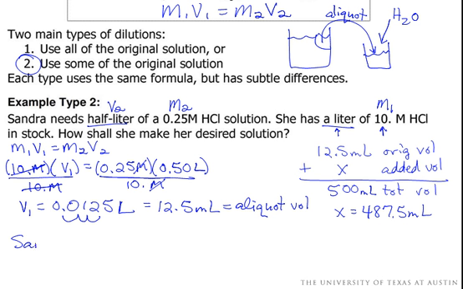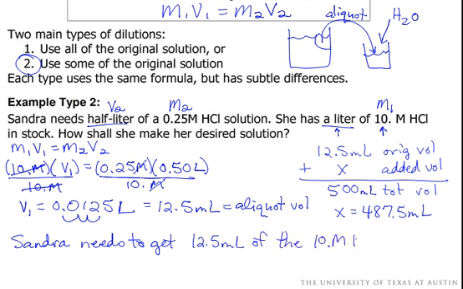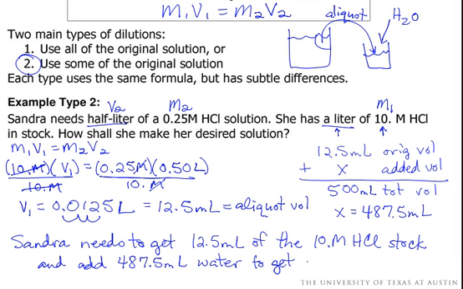I see that Sandra needs to get 12.5 milliliters of the 10 molar HCl stock solution and add to that, now I'll place it in a clean beaker, and then add 487.5 milliliters of water. And that will get her a 0.25 molar